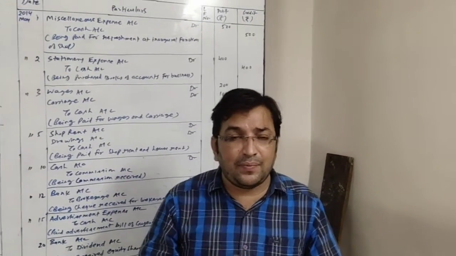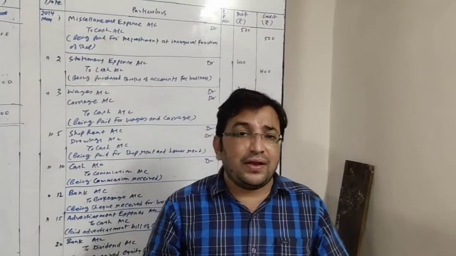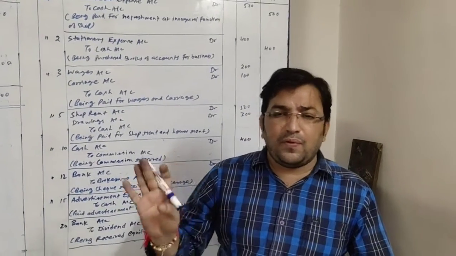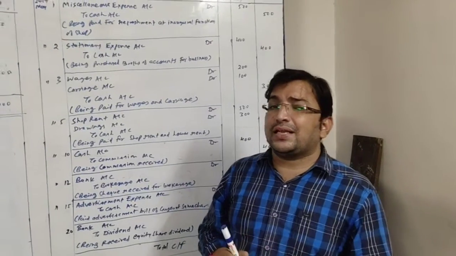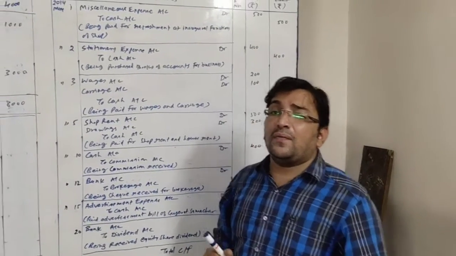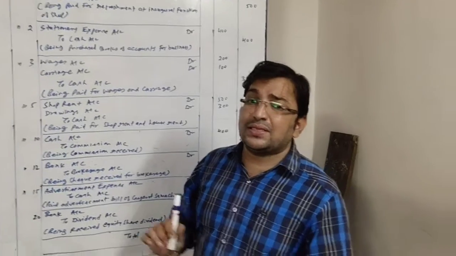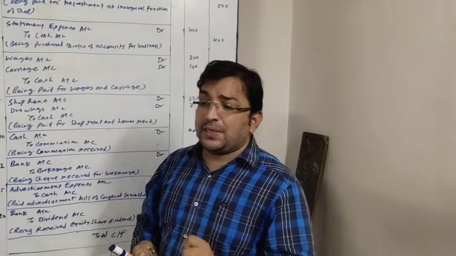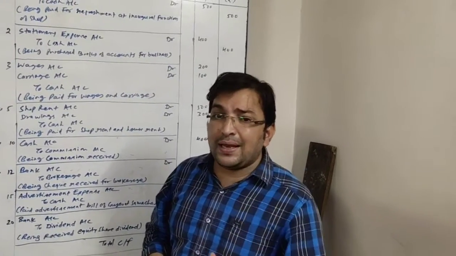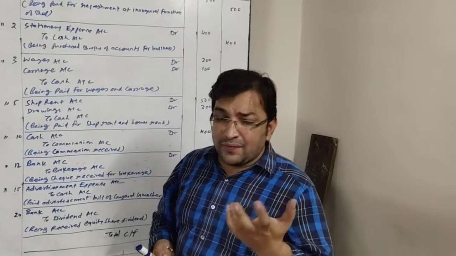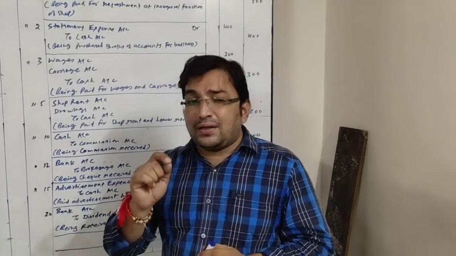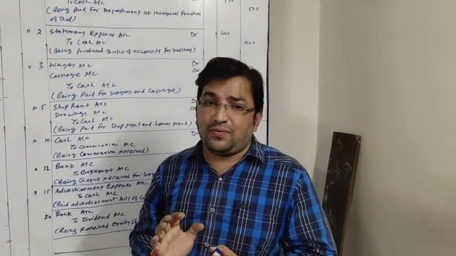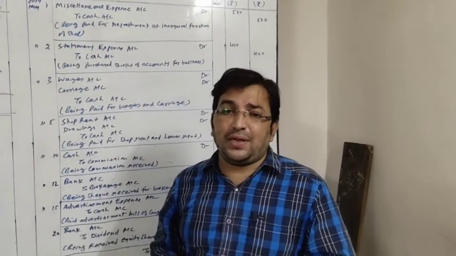Normally whatever is the name of expense, we record it by that name only. Suppose we are paying salary, we will record it in salary. Wages we are paying, we will record in wages. Carriage we are paying, we will record in carriage. Commission, brokerage, whatever. But here this expense is of non-repetitive nature. That means this expense is not going to reoccur. So if there is any expense whose chances of reoccurring are very less, instead of recording to that particular expense account, we record it to the miscellaneous expenditure account, also known as sundry expenditure.